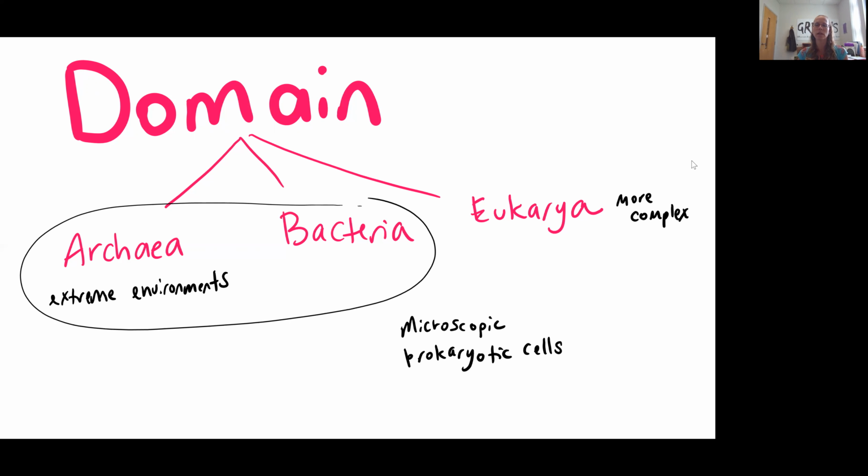These two groups can be thought of as more closely related to each other versus the Eukarya because they are all prokaryotic cells, microscopic, unicellular organisms. Now, the key difference for us to know between the Archaea and the Bacteria is that the Archaea are prokaryotic cells that are living in extreme environments. We'll see these in places like hot ocean vents and places where there's not oxygen, but instead organisms living off of sulfur and these other sorts of extreme types of environments.